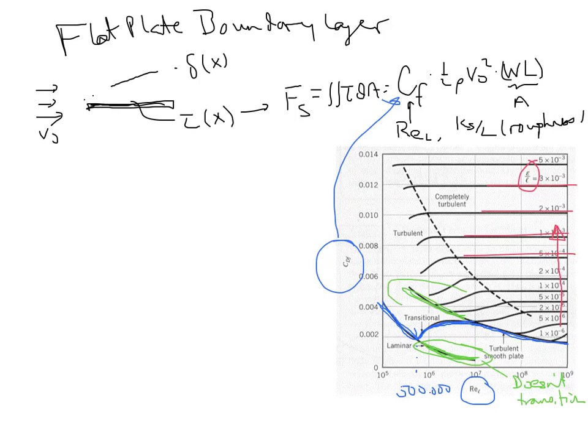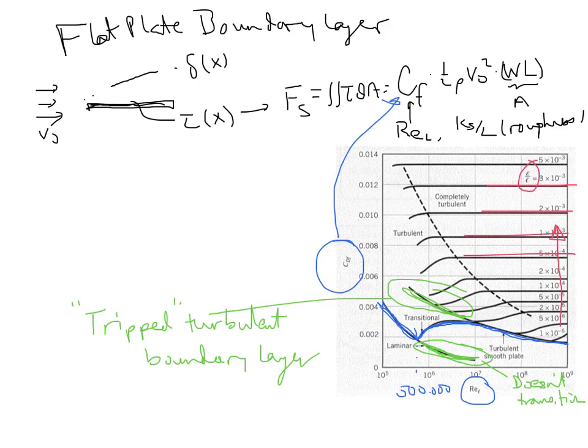The more interesting part of the curve here is this one that continues the turbulent curve back to lower Reynolds numbers, and that would be the tripped turbulent boundary layer. By tripped, we mean that it's forced to be turbulent from the start, at, say, x equals 0. And so you're along this curve that I'll highlight in red now,